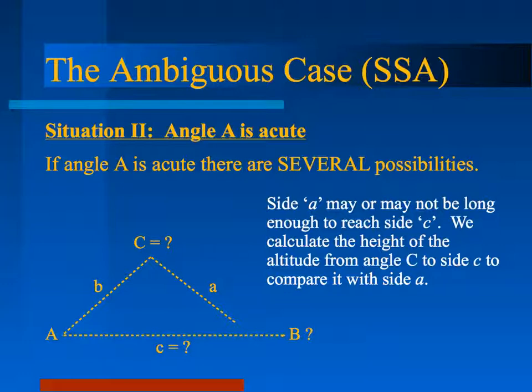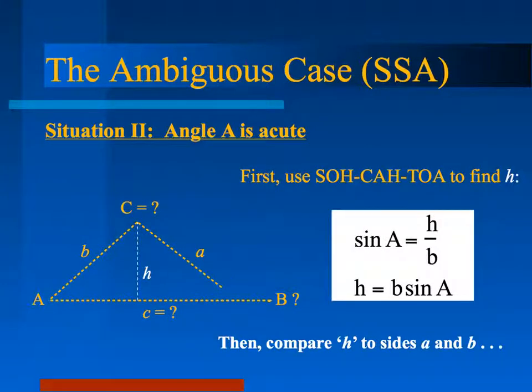So let's see how we can figure out that height. Finding the sine of this angle, that is our opposite over hypotenuse. If we want to find h all by itself, I'm using the ratio up here. To get h alone, I need to multiply each side by b, and I would have h equals b sine A. And that h is the height